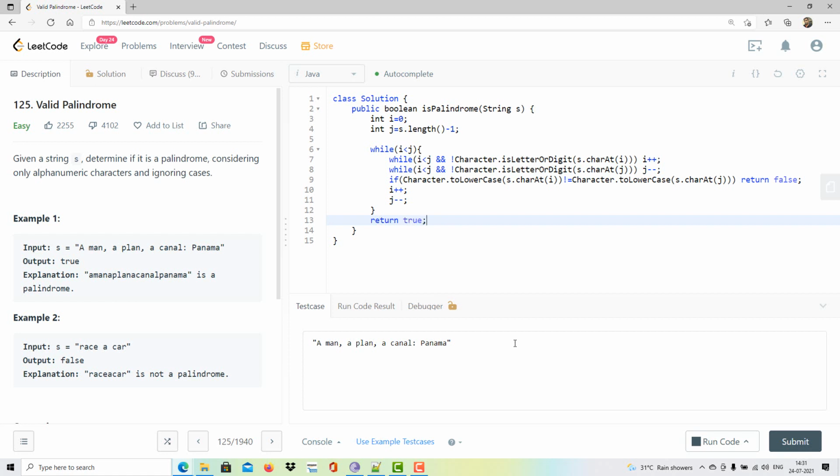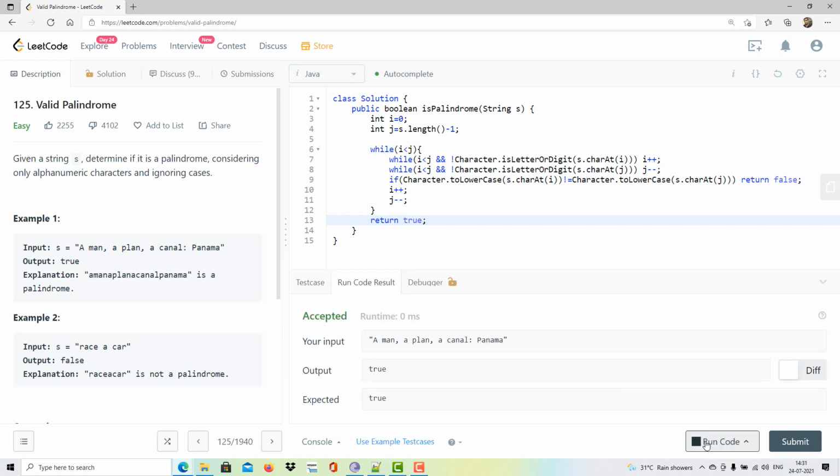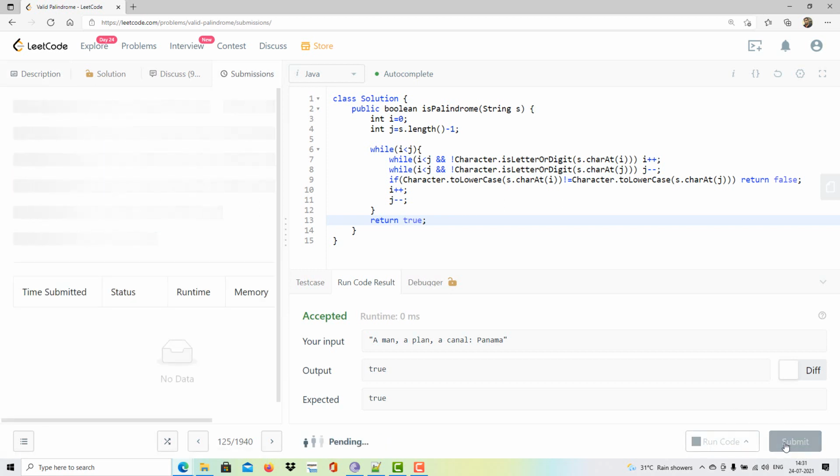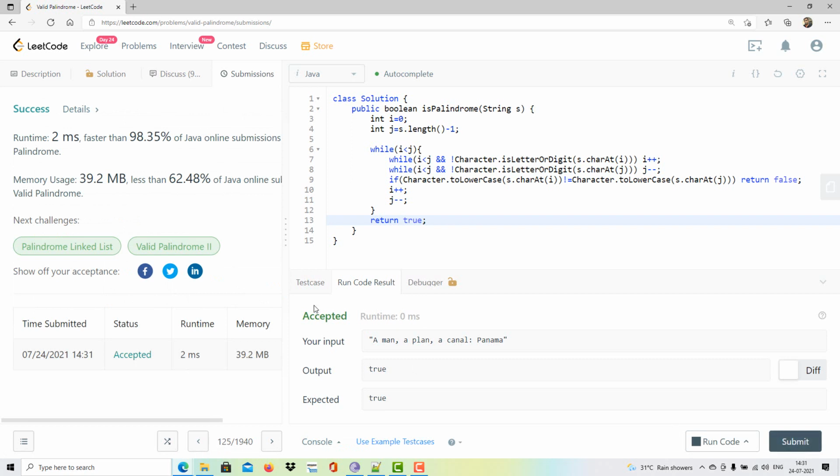Okay, let's run this solution and see whether it passes the base test cases or not. Yeah, it does. Now let's submit this solution and see. Okay, so it cleared all the test cases for this problem. What can be the complexity for this problem? We are iterating the entire string, so time complexity is O(n), where n is the length of the string. And for space complexity, we are not using any extra space for this algorithm, so the space complexity is O(1).